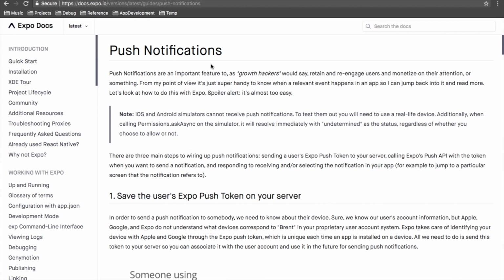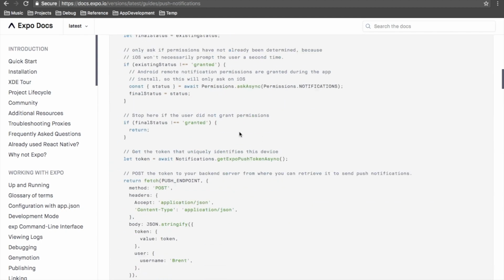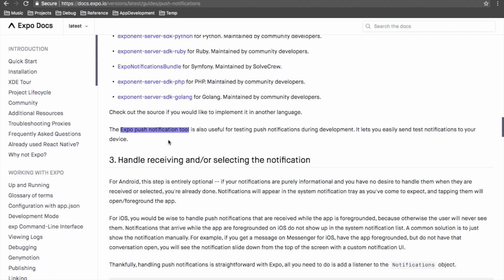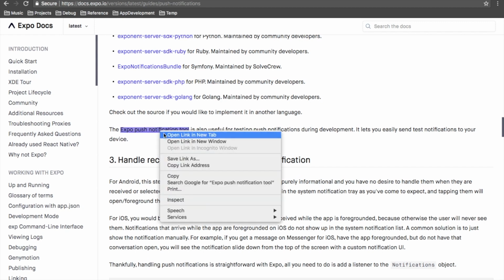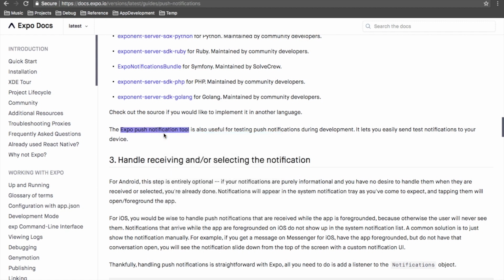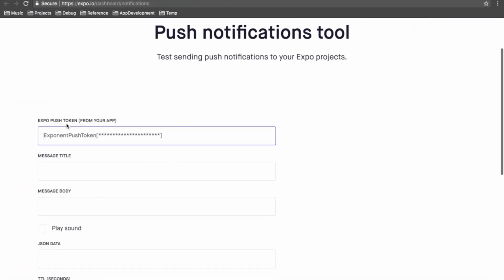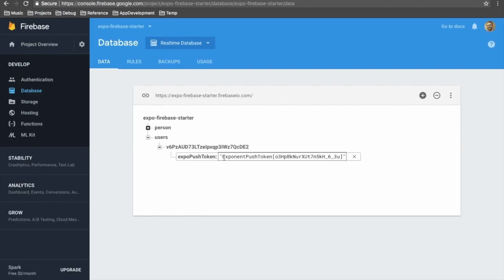So I'm going to come back to the Expo documentation on the push notifications page, and they actually have a push notification tool right here, which we're going to use. Now in this video, we'll use the tool, but in your actual workflows, you'll want to set up a system for sending push notifications out, and we'll explore that in a future video. If I come over here to the tool, it asks us for our push notification token. So I'm going to go over to my Firebase database where we saved it, and I'm going to copy and paste that token